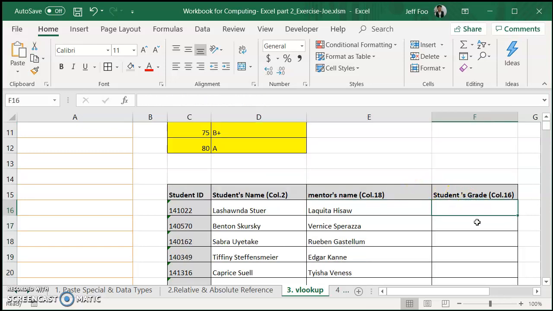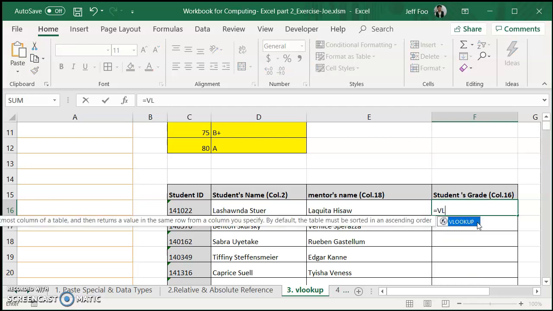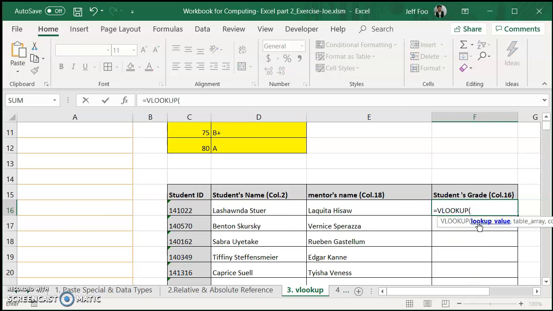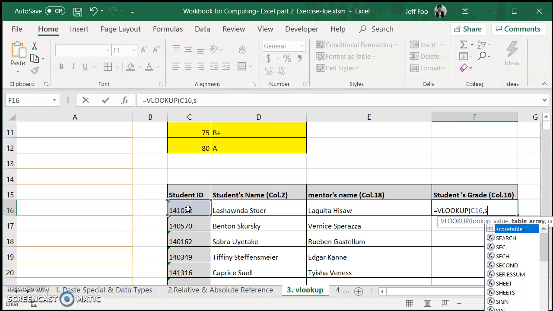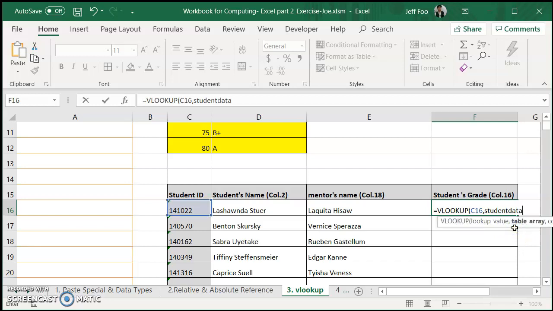Last one, in the same vein, equal to VLOOKUP. Again, lookup value, I'll take the given student's ID over here, comma. Lookup table will be student data. Begin typing student data, and then go for the autocomplete, double click, comma. Column index number, we are looking for the grade, which is column 16, so I'm going to type 16,